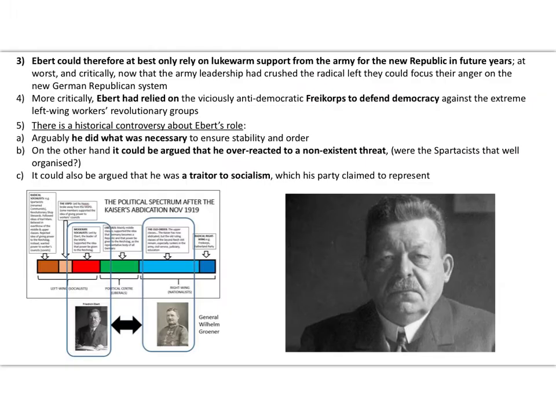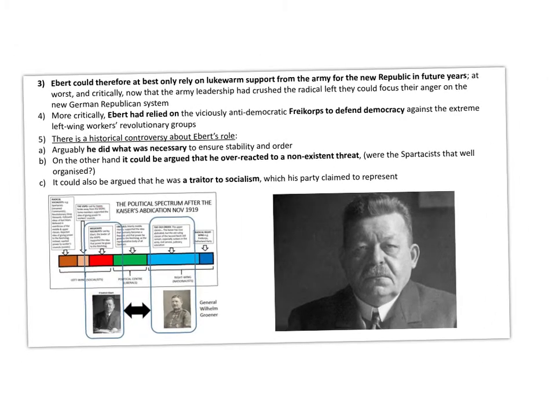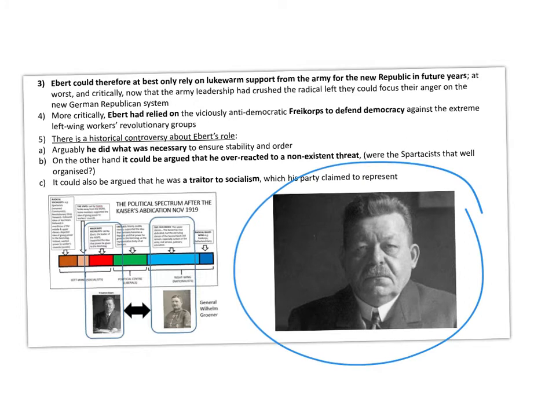Okay? So Hebert could therefore, at very best, from now on, even though Hebert is now the new leader of Germany, I mean, he is the democratically elected person. It's a huge change. Power now lies from below. Germany is going to be governed by an elected party. The SPD is the largest party in the Reichstag. Hebert, at best, can only rely on the lukewarm support of the army in future years. At worst, and critically, now that the army leadership has crushed the radical left,